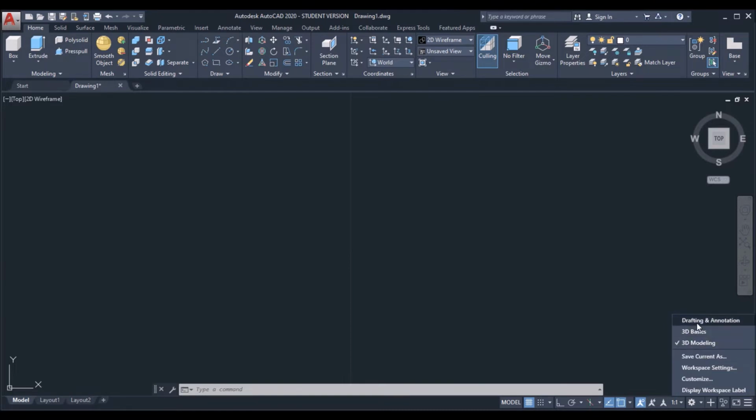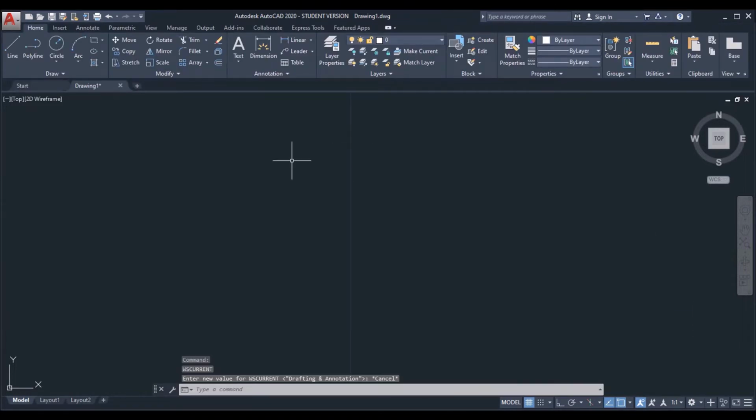Previously we learned that there are 4 workspaces in AutoCAD, but in 2020 we get only 3 workspaces. Just click on the workspace which you are going to use. Now I am going to use Drafting and Annotation because I want to draw only 2D objects. 3D Basics and 3D Modeling are used for 3D drawings. Now I am switching to Drafting and Annotation.